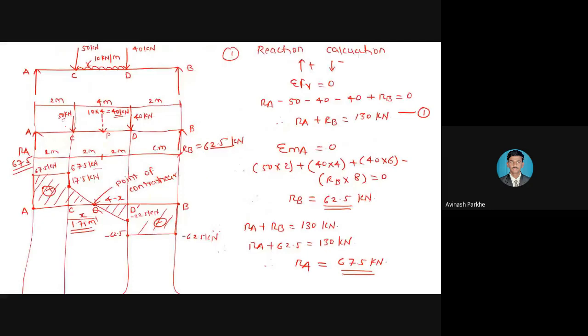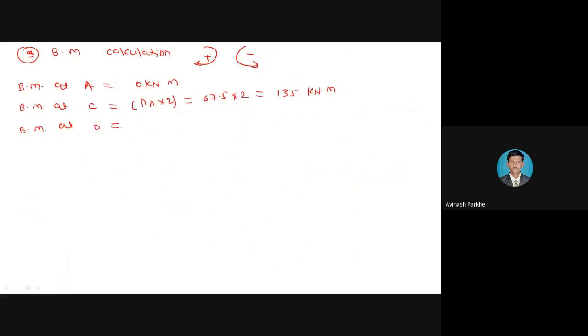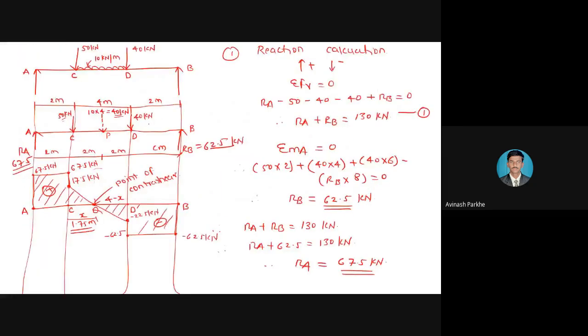Then next point, BM after point C, don't take the point P. Figure मध्ये जर तुम्हाला point P दिसत असेल, it is only for the indication purpose. So directly after point C, bending moment at point D. How many forces are present to the left side of the point D? Three forces are present. One is reaction, another is 50 kilonewton force, and third one is the total 4 meter UDL converted into the point load, means 10 into 4 is equal to 40. That means whatever the point load is indicated by the dotted line, that dotted line is also present to the left side. So start one by one. So first RA.